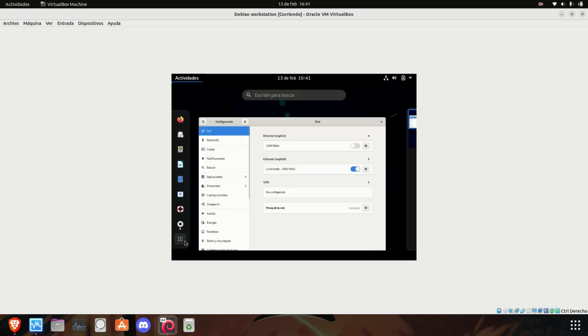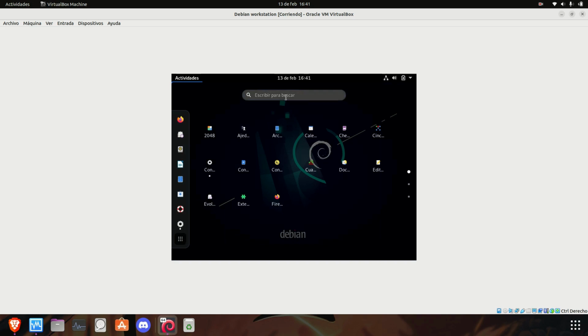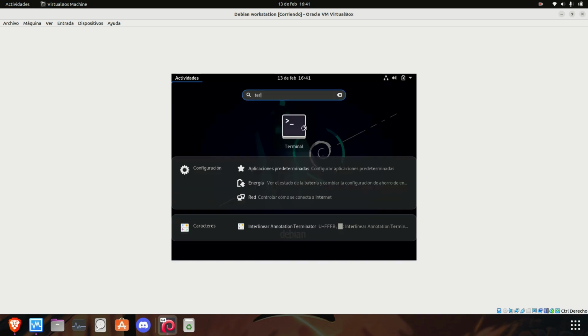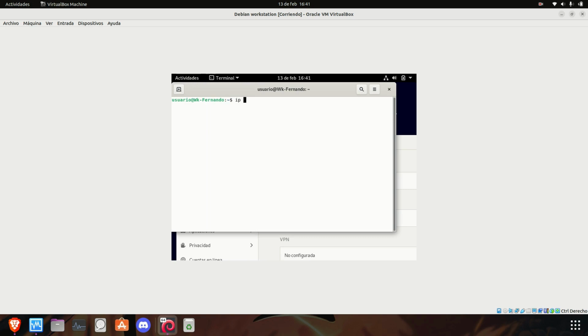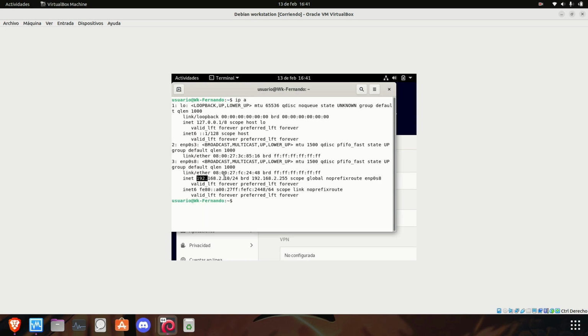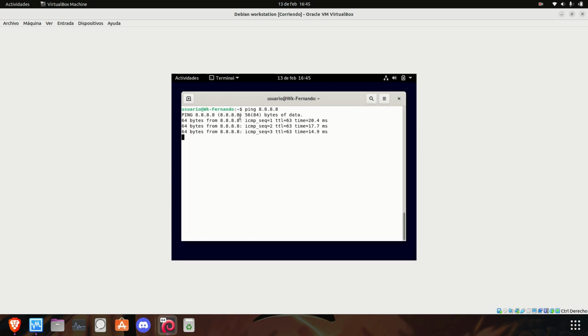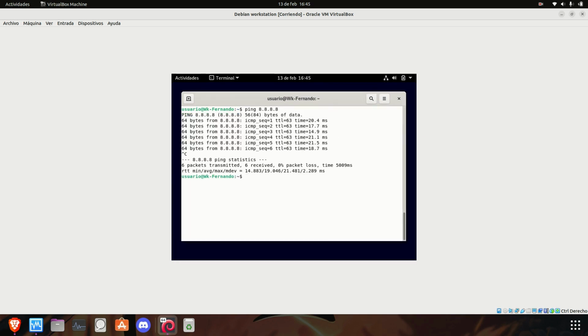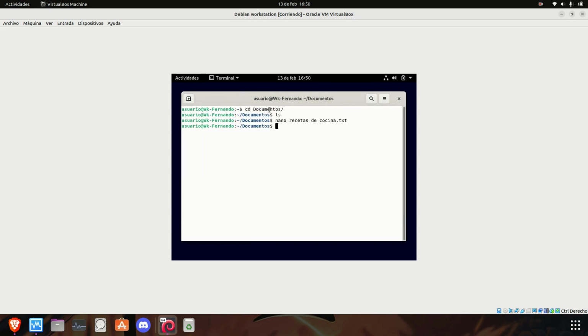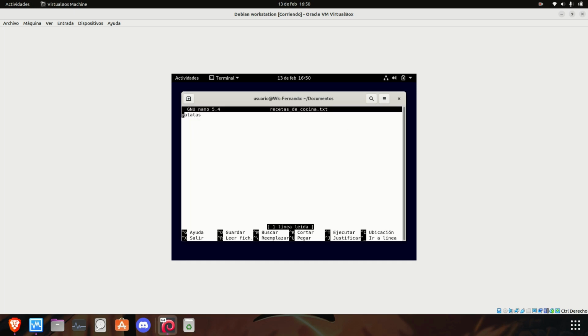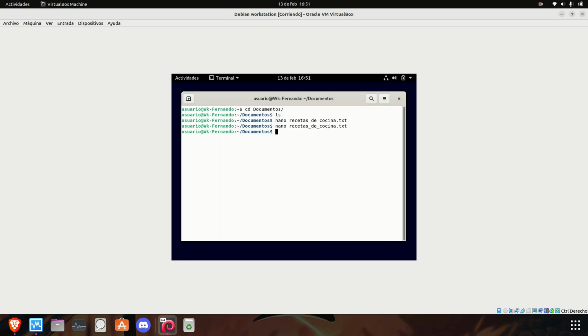And now if we go to the terminal and make an ip a, we can see that we have that IP address, and that it's reaching Google, so we have internet. Now we go to the folder documents. I'm going to create this file that is cook recipes, and I put some potatoes,